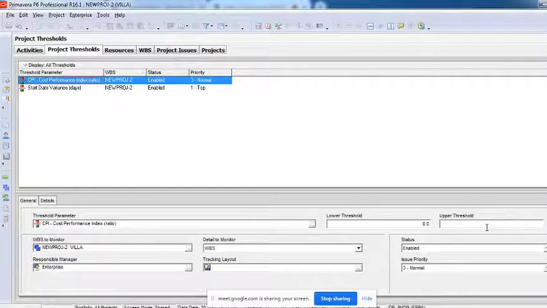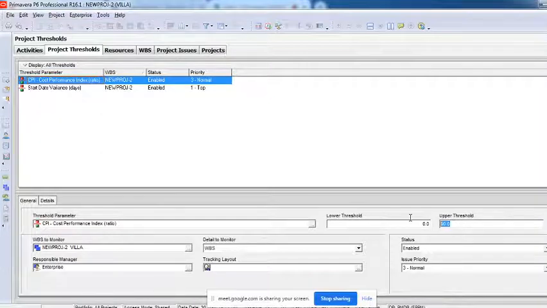Now this cost performance index, the lower threshold is 0 and the upper threshold is, say, 90. So this is the lower threshold, this is the upper threshold. What do you mean by this?